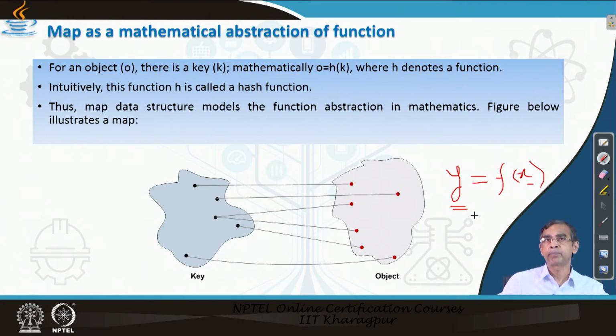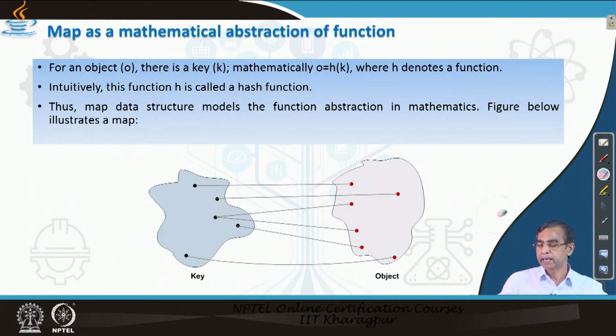It is not the property of a function, but for two different values of x, there may be the same value of y. It is possible in the case of mapping. So this is the usual concept of mapping known in mathematics. Here, if this is the set x and this is the set y, the mapping is the function f(x), which says how x can be related to y and vice versa. This mapping is basically the concept behind the hashing technique that we are going to use for our database or table manipulation.